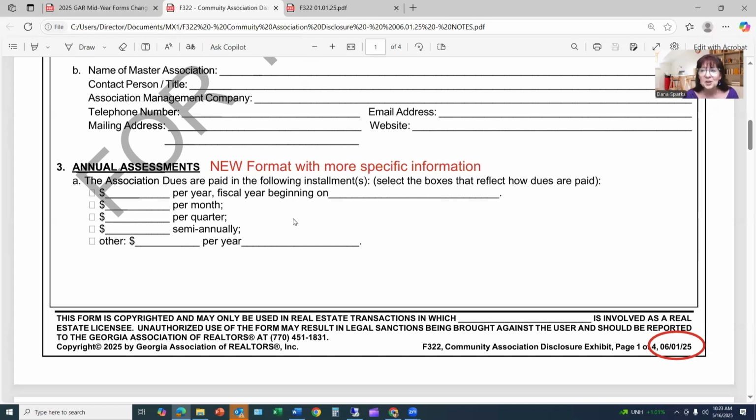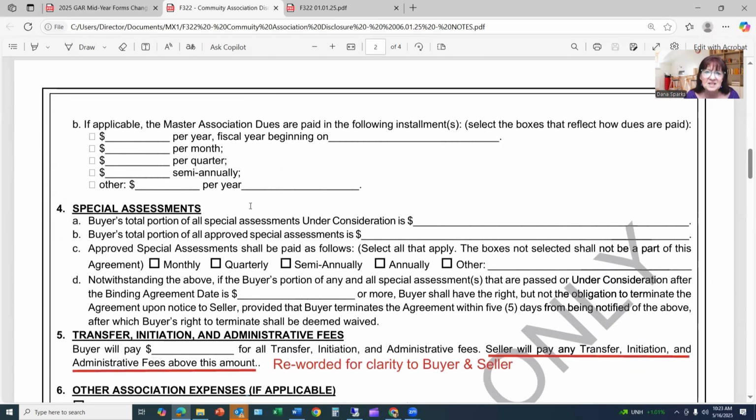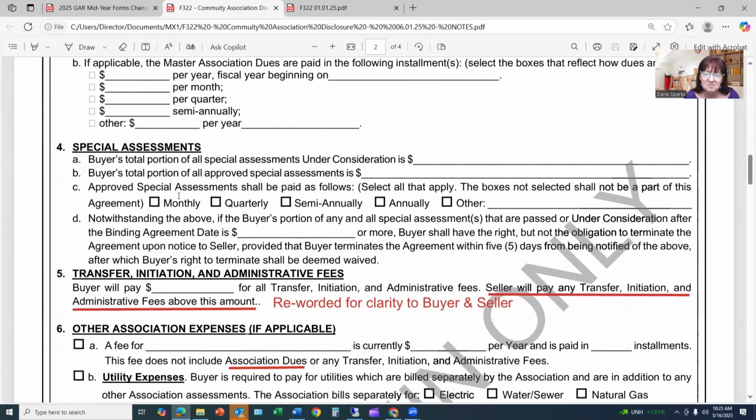So if it is a fiscal year rather than a calendar year, it does have a fill in the blank to indicate when the beginning of the fiscal year is. So again, it's just a new format, providing for some more specific information, and it gets continued on down here.